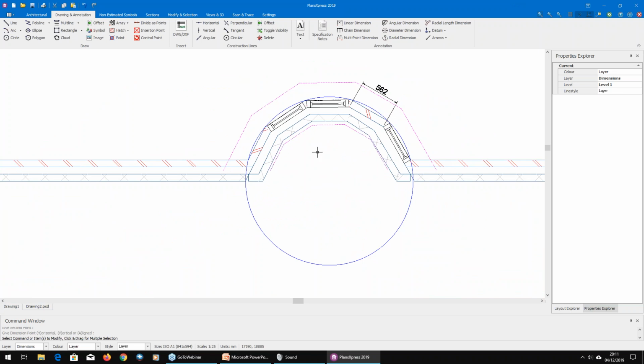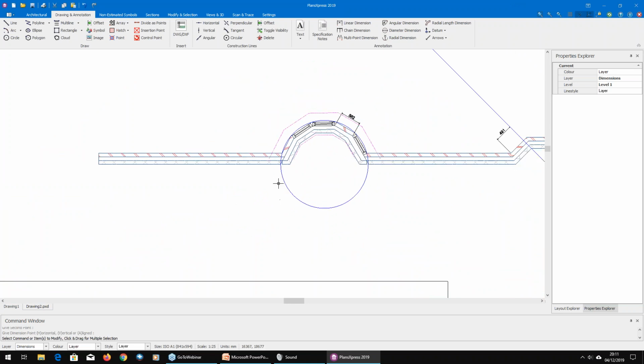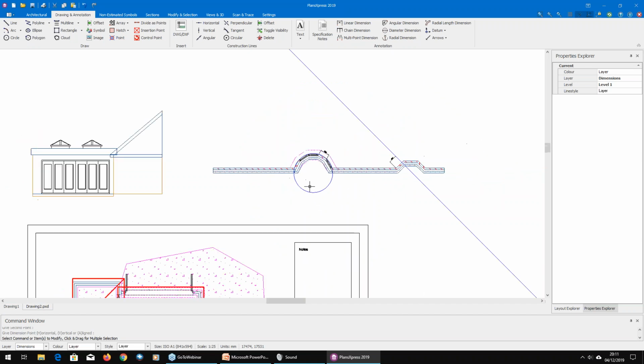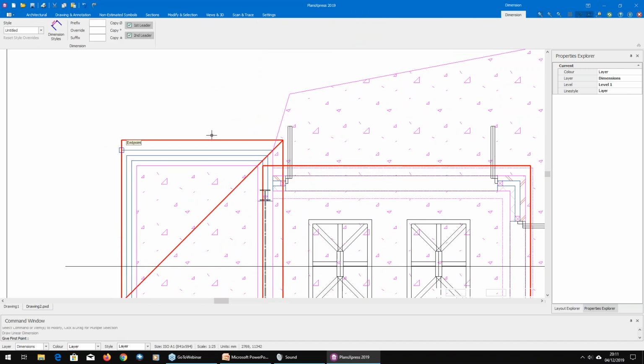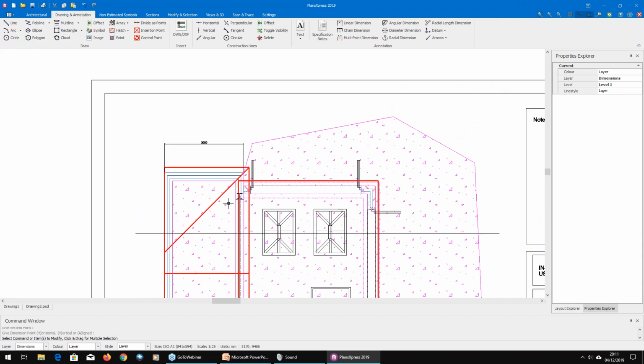Now, that kind of segues into the next question, which is, can measurements be added to create a working drawing? Yes. As you just seen me do there, linear dimension, click two points, give measurement. If you want to do that en masse,